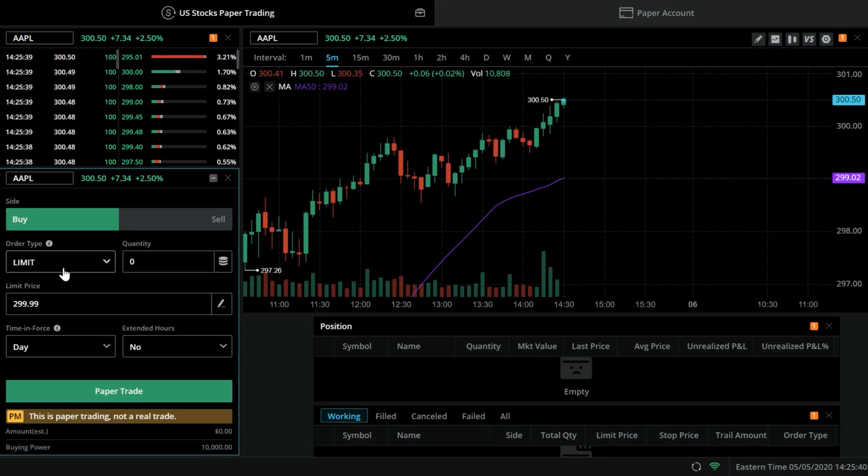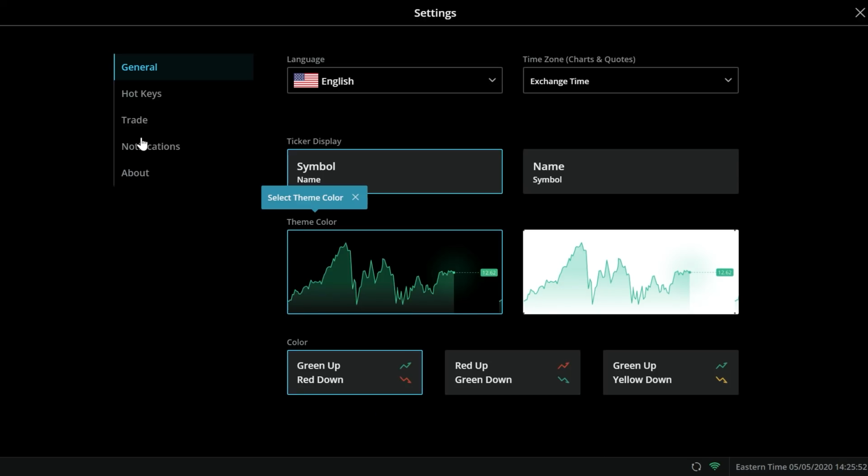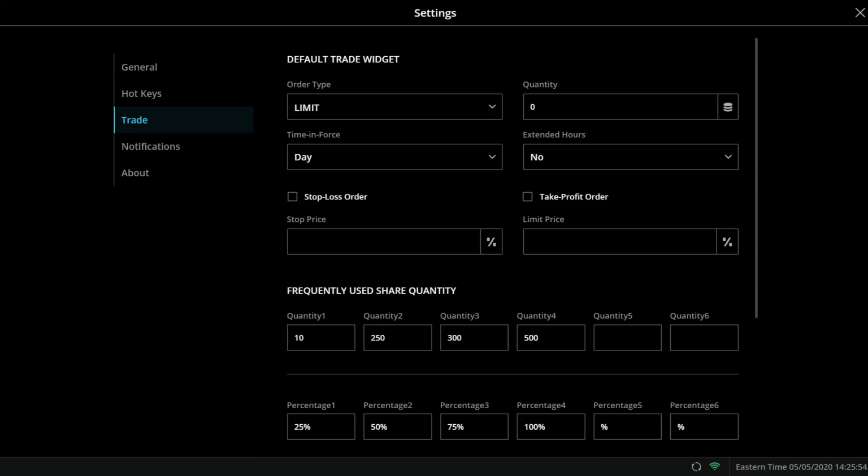Now here's the other great thing: you can pre-program quantities in there. Right now you have 10, 250, 500, 300. But if you wanted to change any of those, you could come to settings and then trade. And down here, awesome stuff, you can make those program quantities whatever you want. I'm totally making this up, but let's say you want one for 5, and then one for 100. So you click there, and now when we go back to the paper trading,